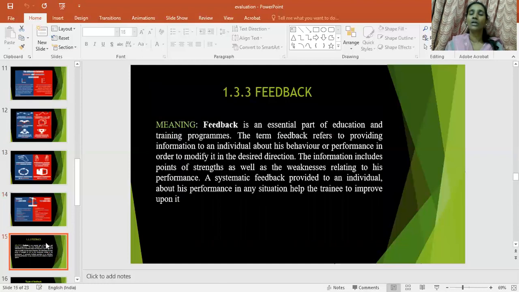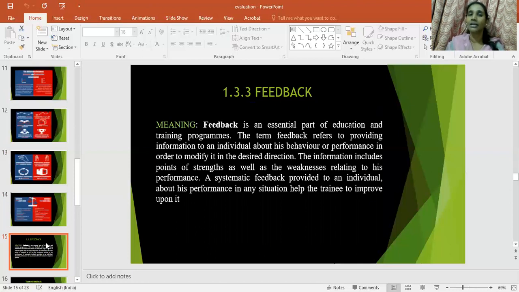So this is about the points we have discussed regarding the evaluation. And the next point, because above I have mentioned evaluation and feedback. So the evaluation part is over now. Now moving towards the feedback. See, evaluation means the teachers are going to judge their learners. So that is the evaluation.